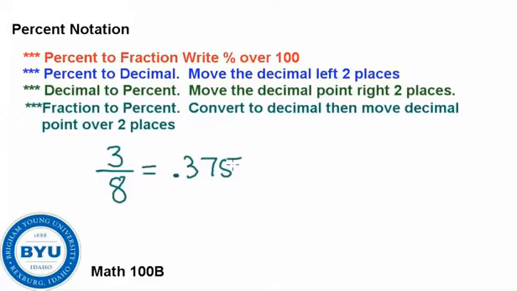Now, to convert the decimal to a percent, we just move the decimal place over 2 spots. And so that would give us 37.5%. This is a situation where we found all 3 of the items we're talking about. We were given a fraction, we found the decimal, and then found the percent. Let's try one more. What about